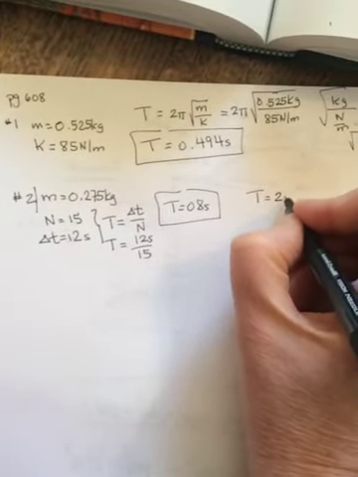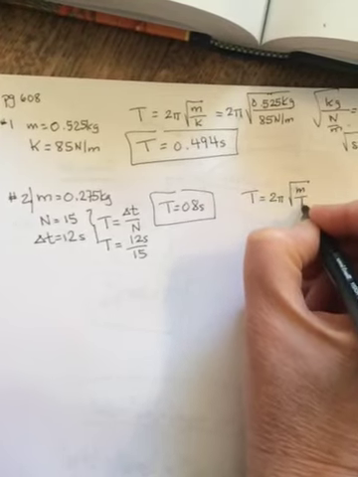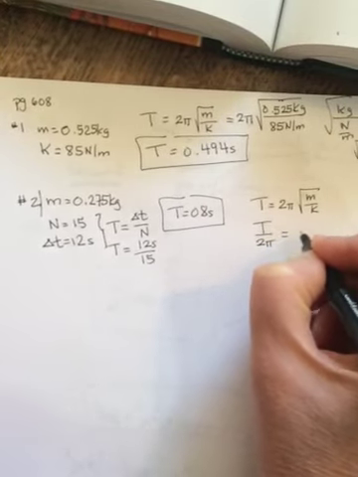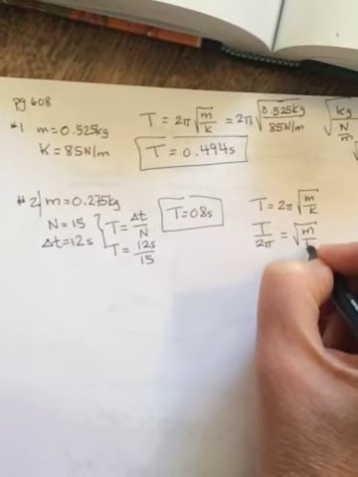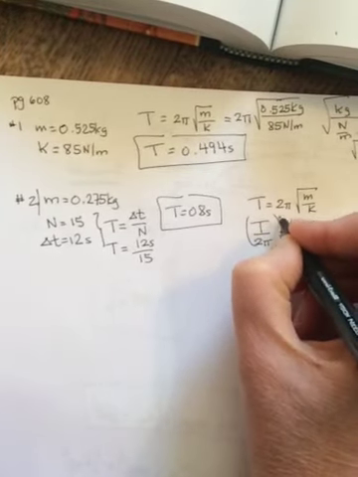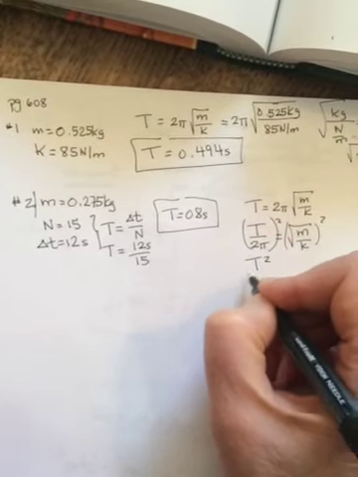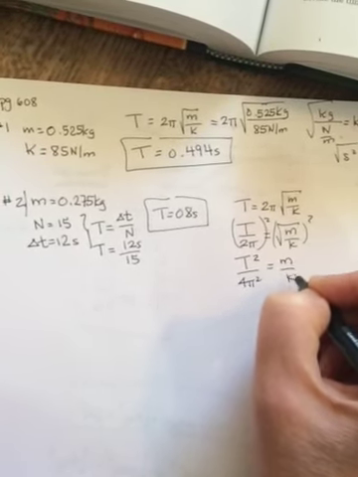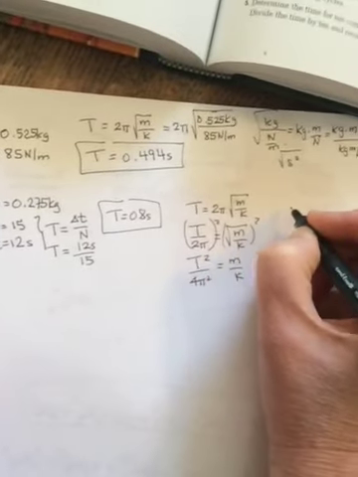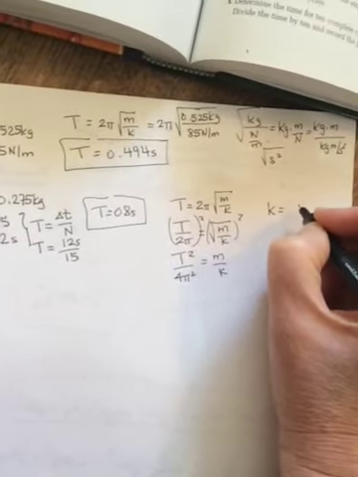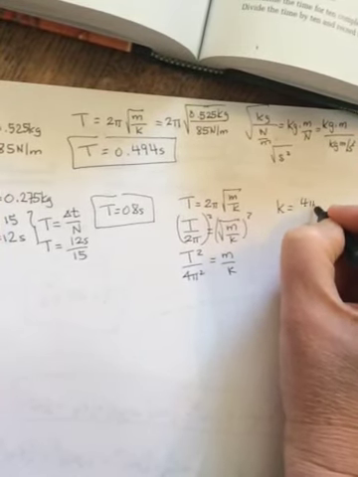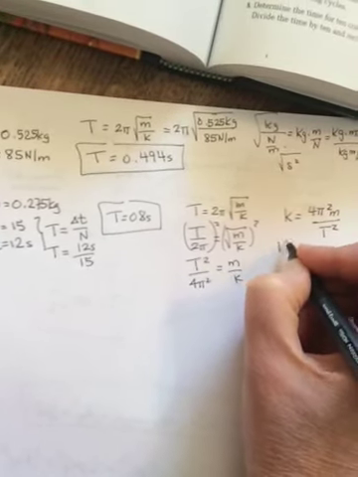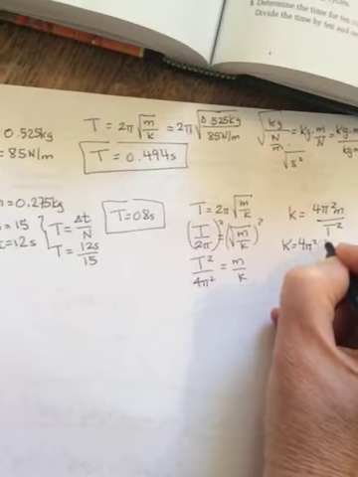So then you go T is equal to 2 pi root M over K, and you want to solve for the K. So first step, isolate the radical. So divide both sides by 2 pi. Then square both sides. So this side is T squared over 4 pi squared, and this side is M over K. So bring the K up, the T squared down, the 4 pi squared up. K is equal to 4 pi squared over T squared, times M. So K equals 4 pi squared, M was the